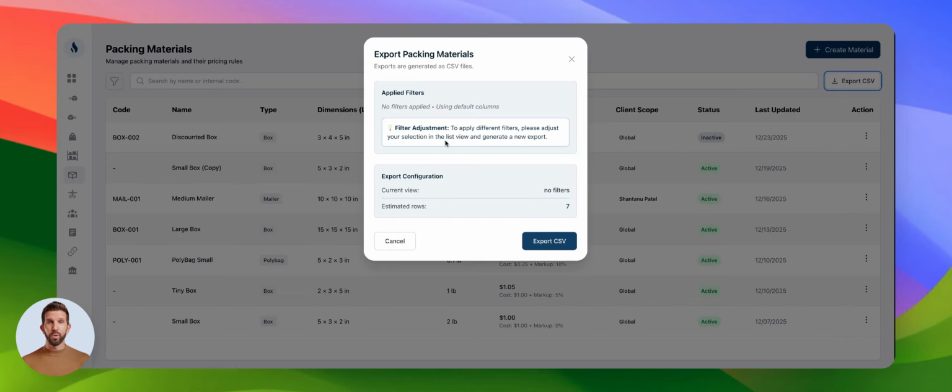You can also export your packing materials, much like other listing information from the Ignite platform,